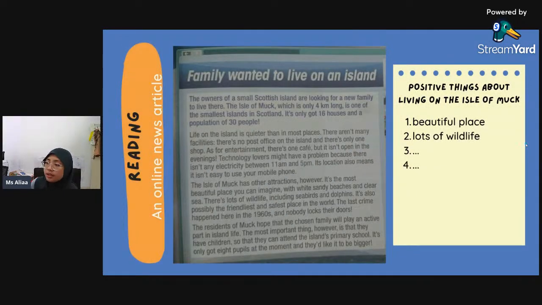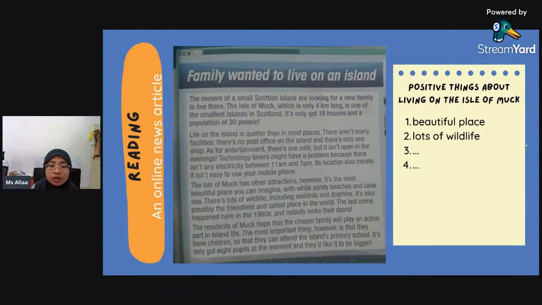We're still on reading this online news article. Can you list the positive things about living on the Isle of Muck?